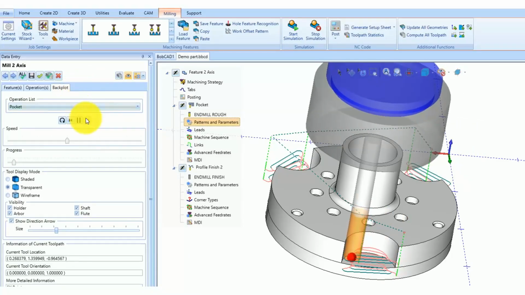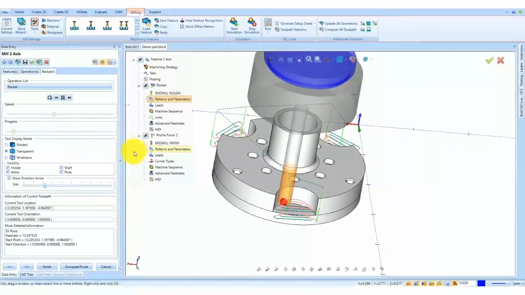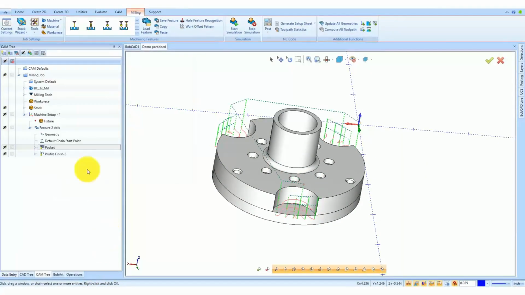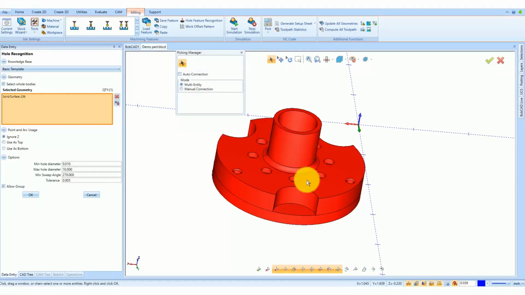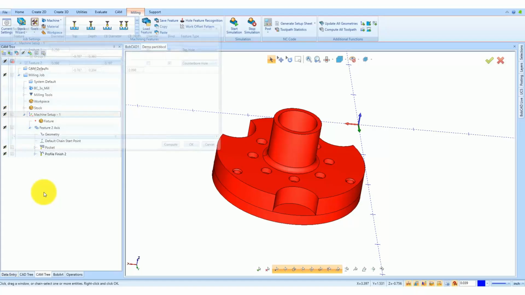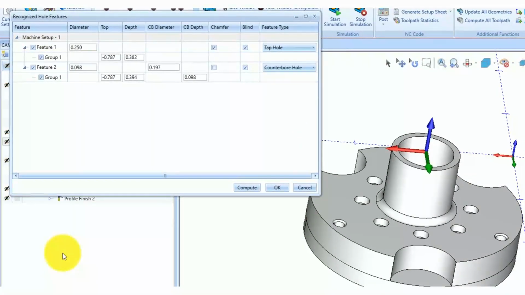Now, this not only applies to profiles and pockets, but it also allows you to apply it for drilling operations. With the hole recognition feature, the system will know diameters, starting position, depth, counterbore diameter, and even the type of feature you're programming, allowing you to program in seconds with every operation you need directly